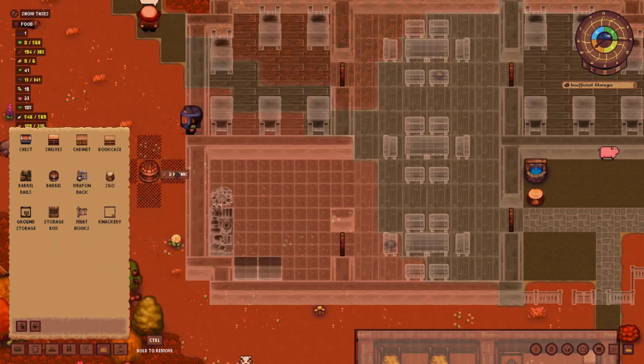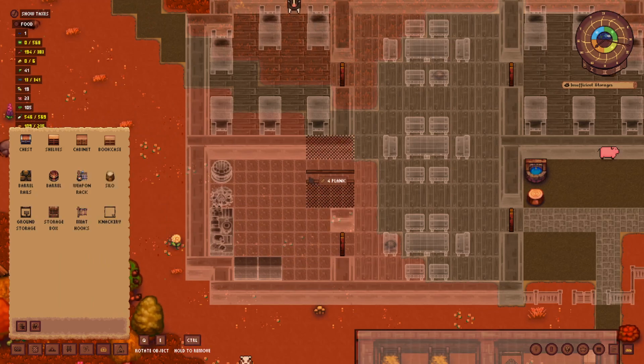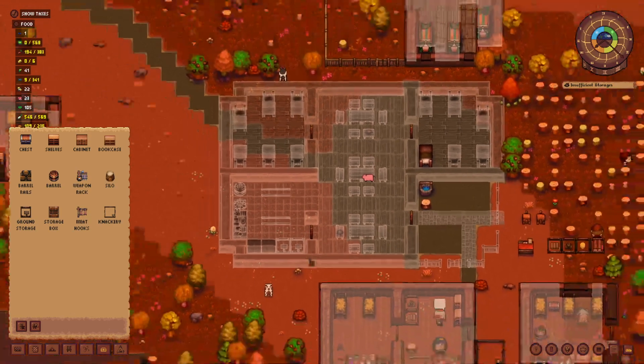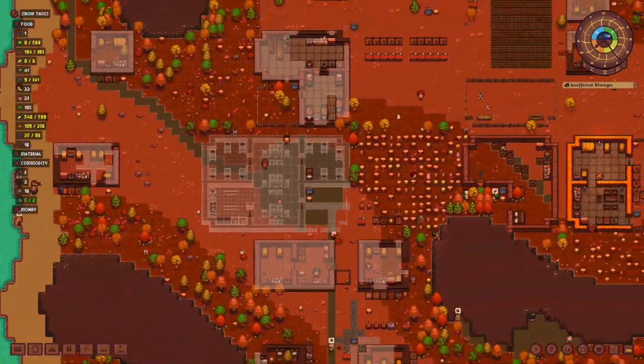We will add 2 shelves. We'll add a barrel. And then we have some space for barrel rails. And these need to go right here. And then I guess these 2 will just be ground storage. And we will also add barrel rails right here. Okay. And I think that's it for the inn. So let's speed up the game,